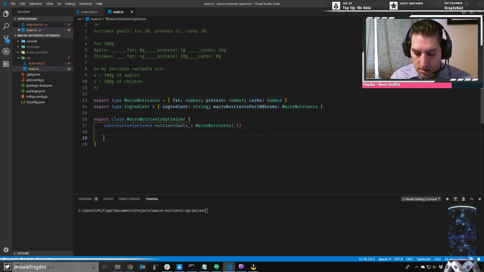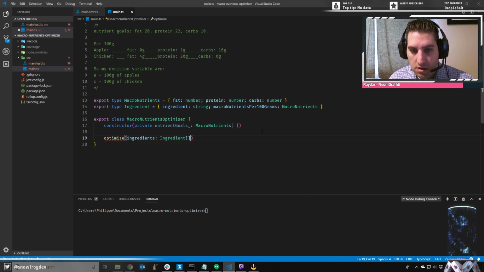So we need an optimize method. Optimize. And it takes ingredients which are of type ingredient array, and we're returning